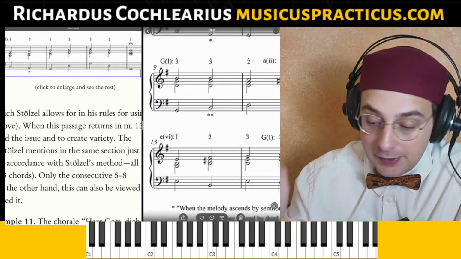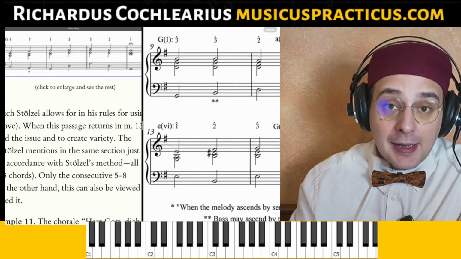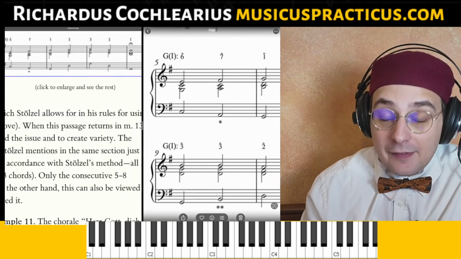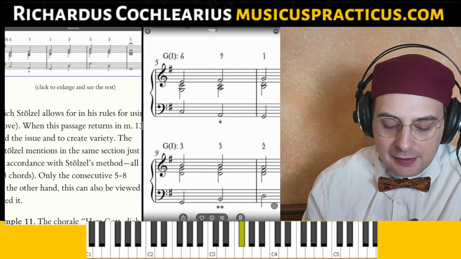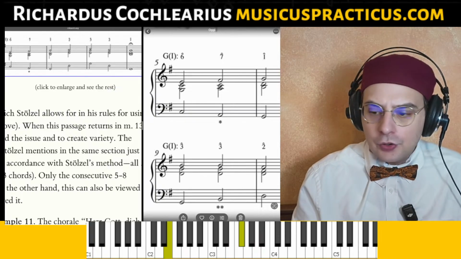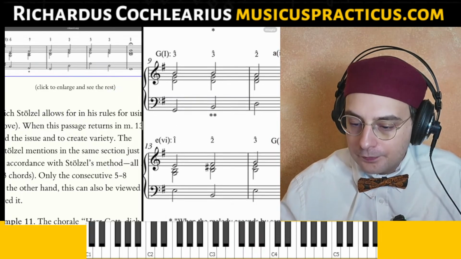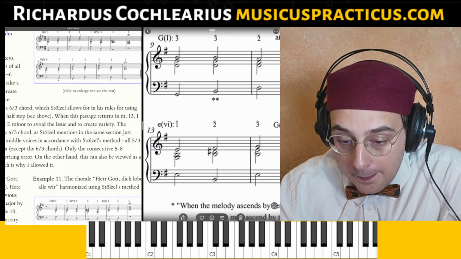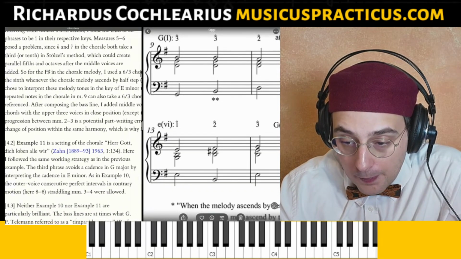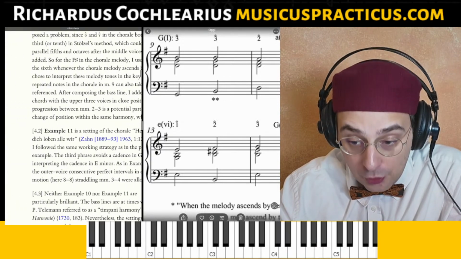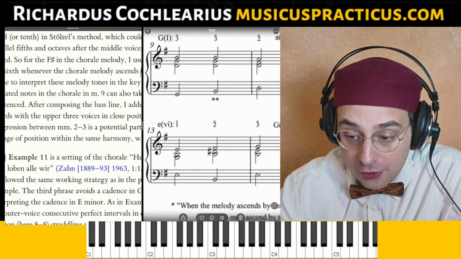By interpreting this repetition in E minor, we don't have any more degrees 6, 7, 1 in G major, but 6, 7, 1 in G major become 1, 2, and 3 in E minor. To create variety. Okay, the repeated notes in the chorale in measure 9